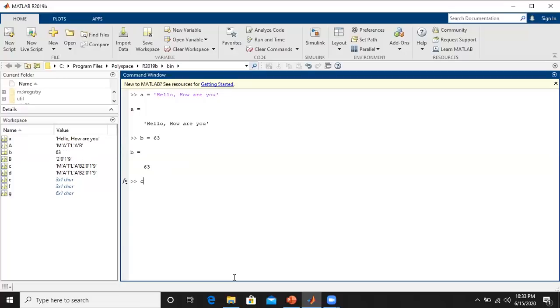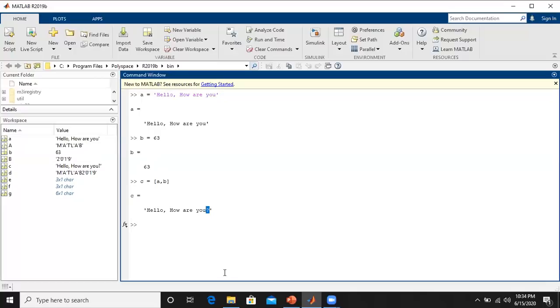Now what I do is I try to concatenate these two. Then I will go for a comma, then b. Then you can see instead of getting that 63, that was replaced with a question mark here. That means the question mark ASCII value is equivalent to 63. So this way we can add the string and numbers, right?